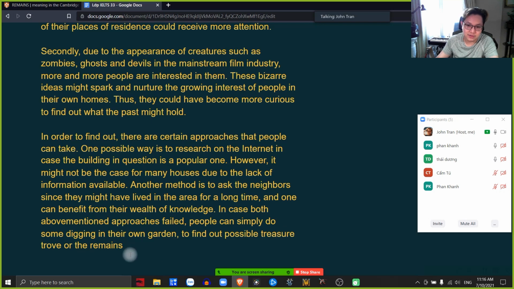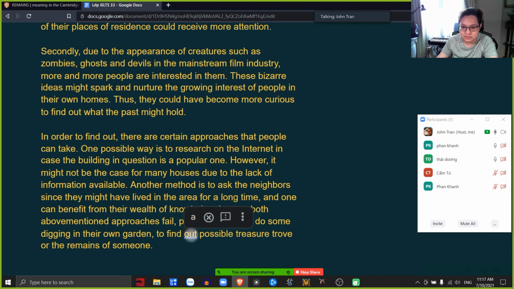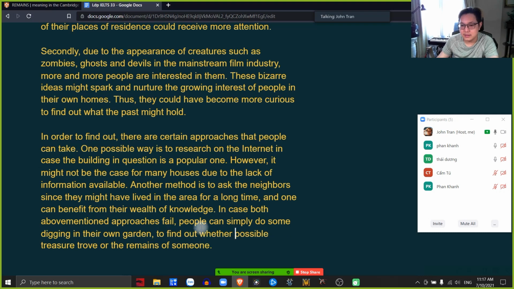Okay, so to find a possible treasure trove or the remains of, or the possible remains. Oh, I have the word possible here already. Mình có chữ possible đây rồi, cho nên là những thi thể hay những cái còn sót lại của những người. To find a possible treasure trove or the remains of someone failed. To find out whether, để tìm ra được nếu mà những kho báu hoặc thân xác của người nào đó có còn tồn tại. To find out whether possible treasure trove or the remains of someone exist. Để tìm ra được liệu là